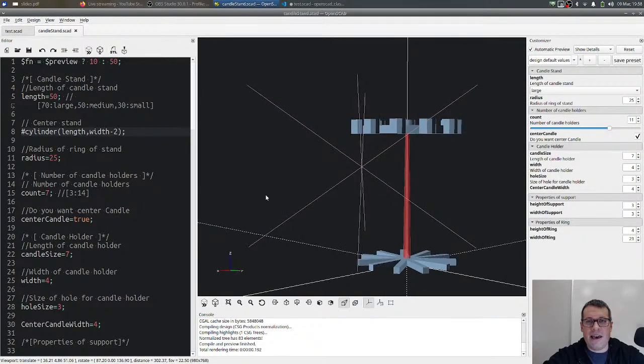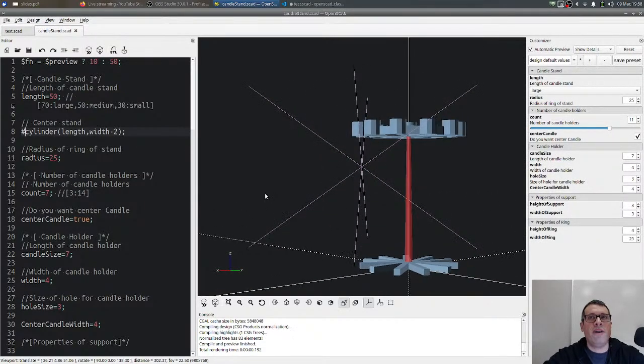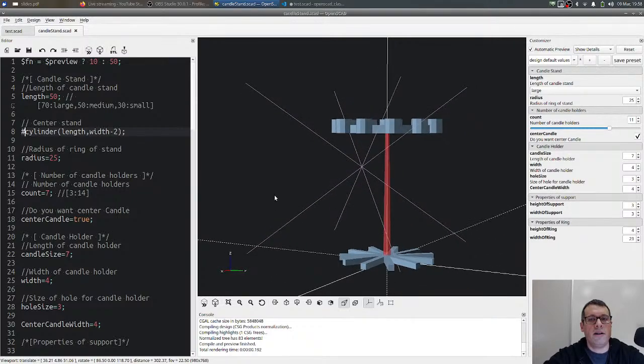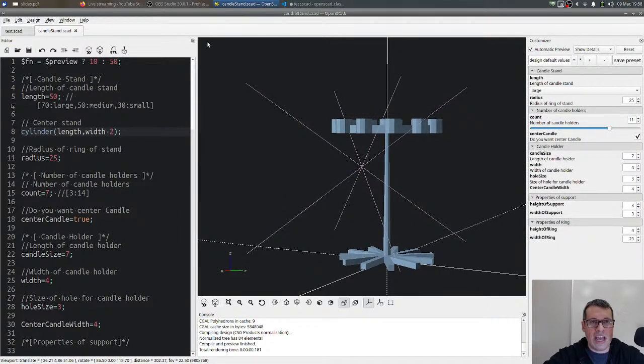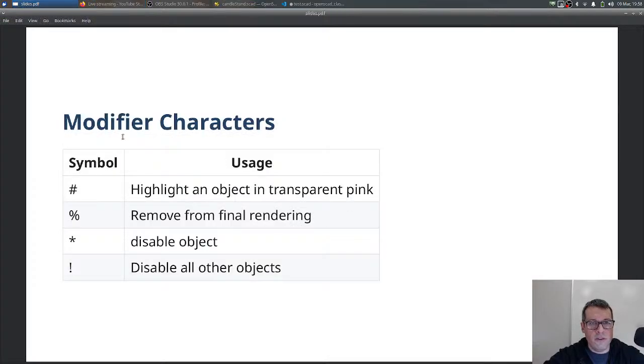And can everybody see that? Now the center stand is red. It's like a translucent pink color. That's really helpful if you have a very complex design and you're just kind of lost and don't know where stuff is. There's another one that's more advanced where, like, if you had something in your design but you don't